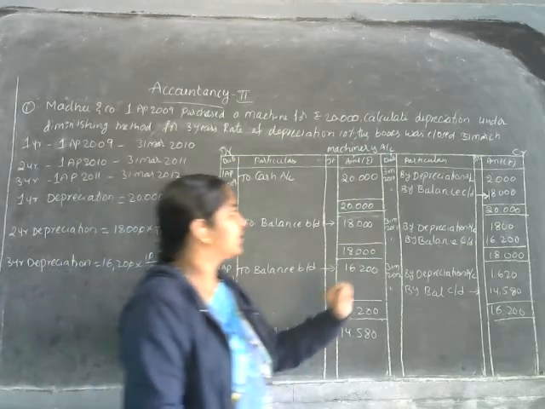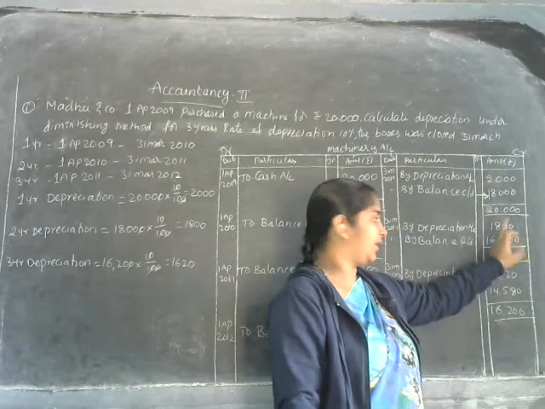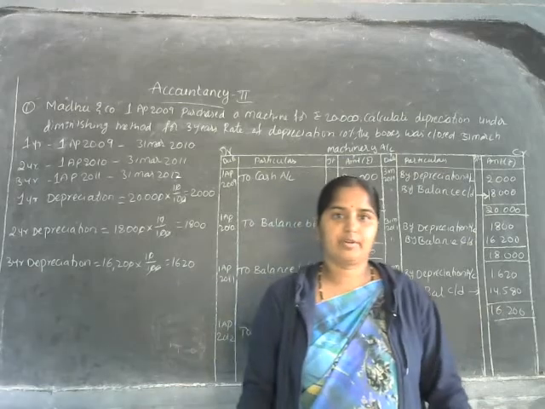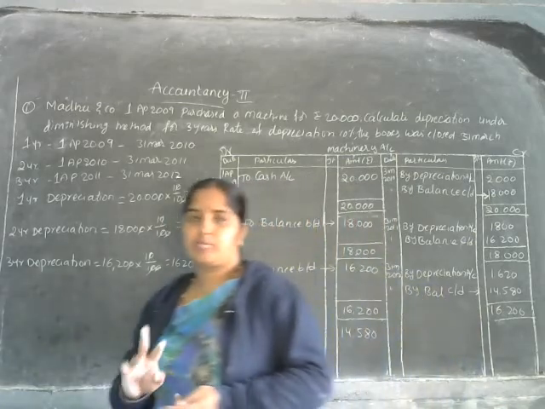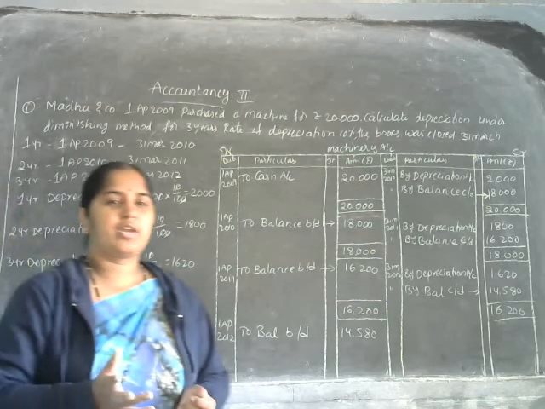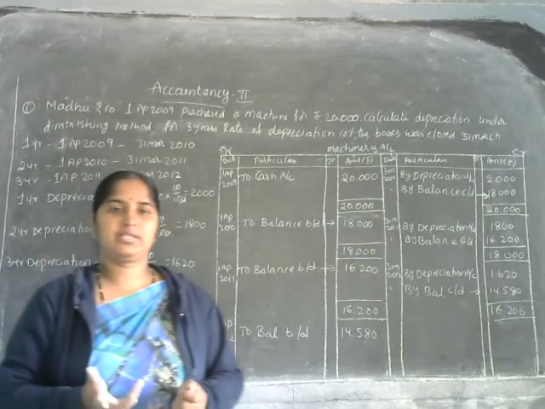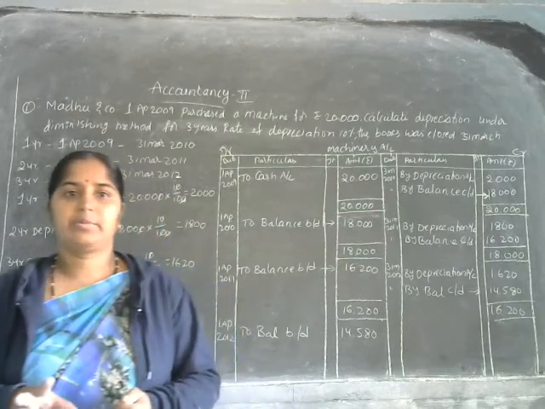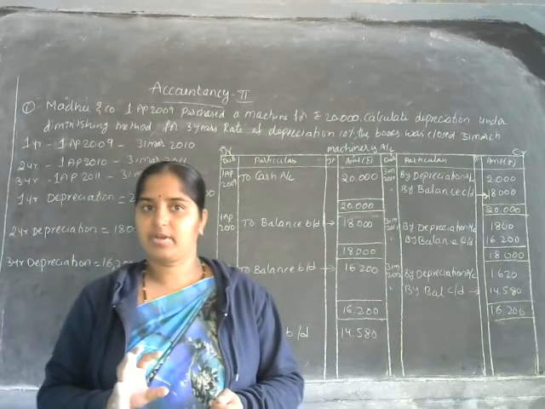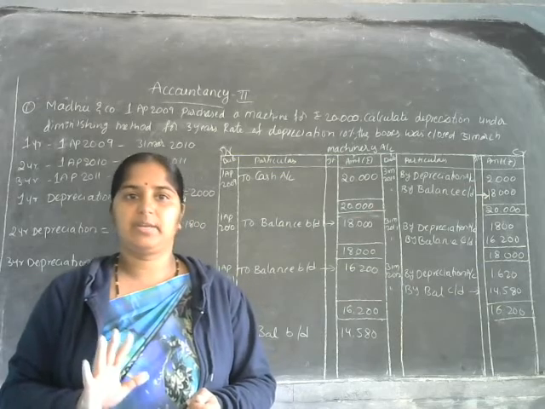Second point. What is the first year depreciation? 2,000. Second year 1,800. Third year 1,620. Means it is going on reducing or not? Okay. So these 2 points we have to remember in case of the depreciation. And sometimes what happens? Sometimes asset purchased in the middle of the year. Is it right? In that case, we have to calculate depreciation for the months. అప్పుడు మనం ఏం చేస్తాము మంత్స్ కి క్యాలిక్యులేట్ చేస్తాం ఓకే, not for the 12 months, only few months when we purchased in the middle of the year.